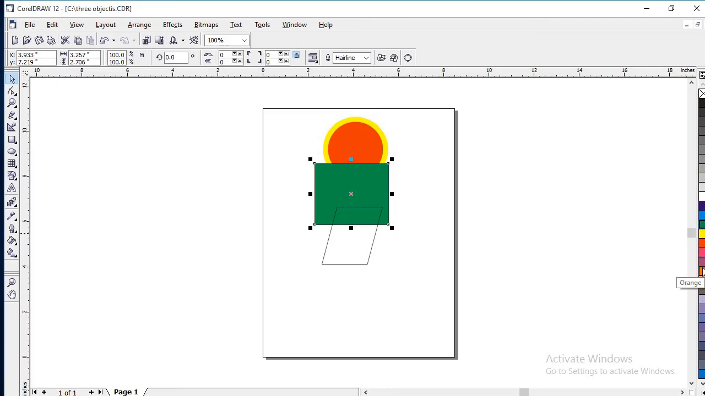Let's select orange. But before we select orange for the border line, let's go to outline width on the menu. We click on it, we come down, select 16.0 point. You will see it's already black, so we go back here,